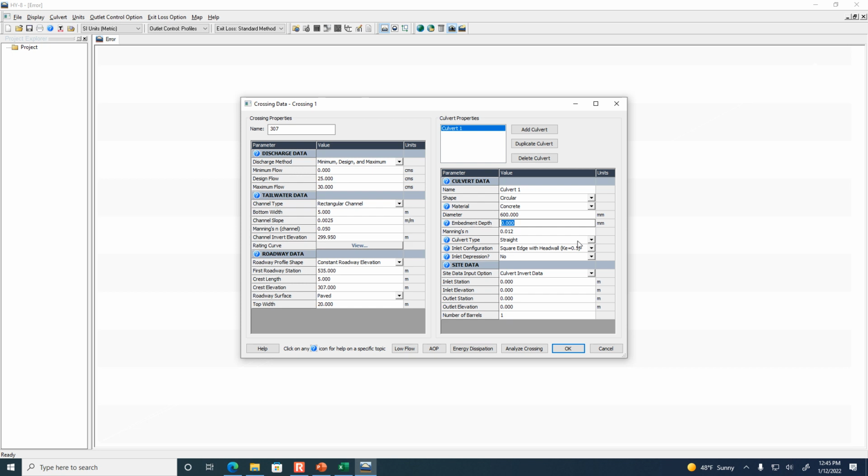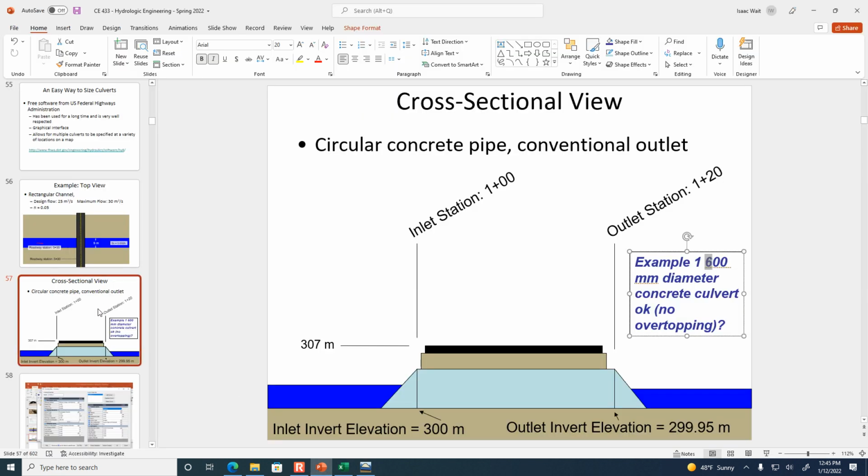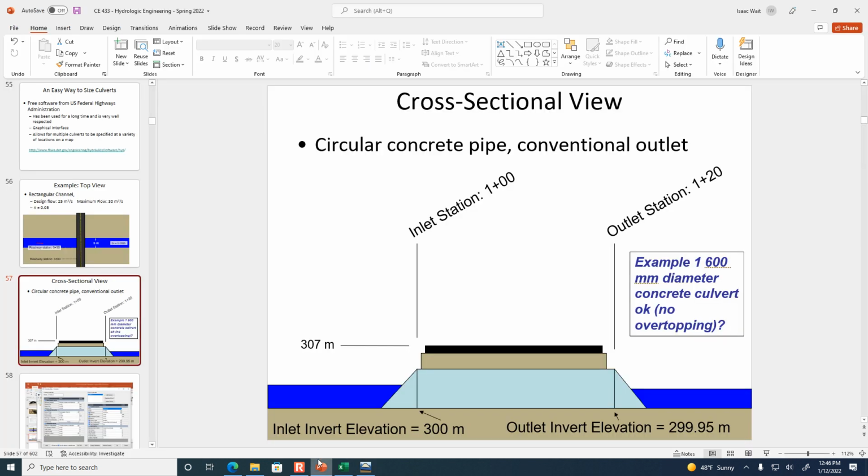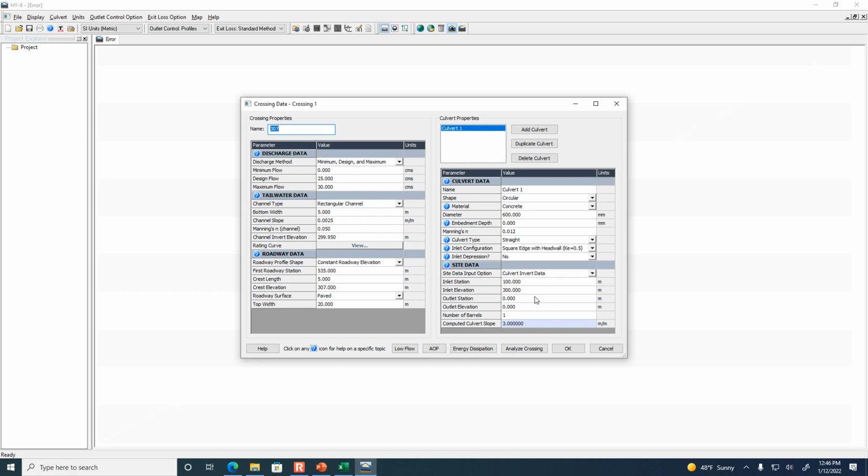I think you'll notice when you do the homework that if you do make adjustments to this, the effects are pretty subtle. Okay, now it needs to know how long the pipe is and what the slope of the pipe is. So the inlet station of the pipe, we get from here: 100, and the outlet is 120. Okay, so inlet station 100. The inlet elevation, remember, was 300 meters. That's the elevation of the pipe. The outlet station was at 120. And the outlet elevation is